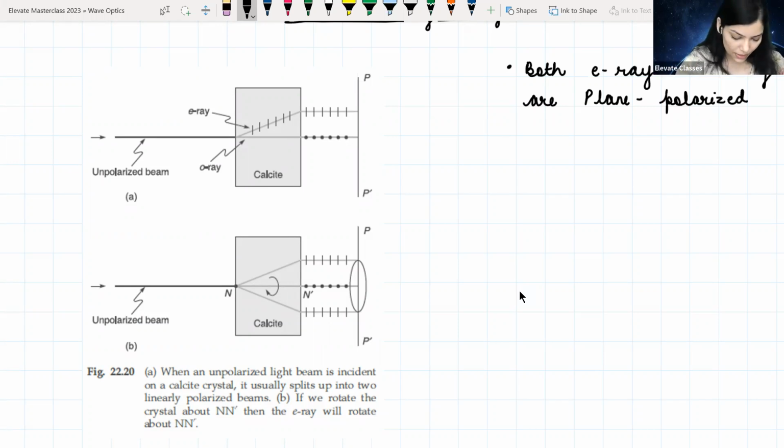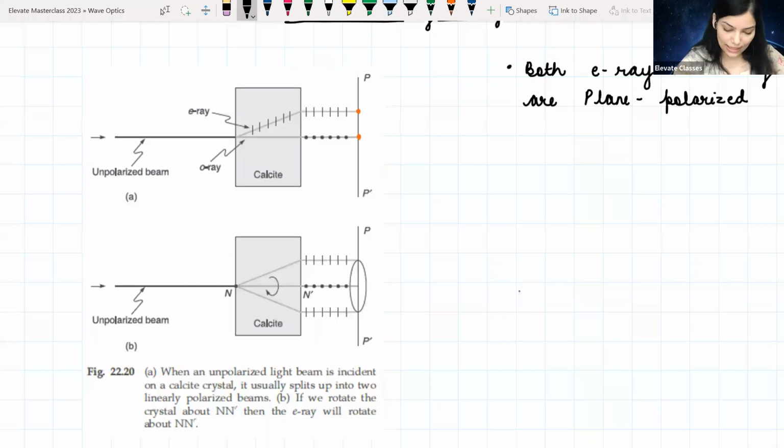Okay. So यहाँ पर what is being shown is that I have some unpolarized beam which is falling onto a calcite crystal, and it is now breaking into an extraordinary ray and into an ordinary ray. Okay. And corresponding to that, I will get two images. यहाँ पर I'll get an image and यहाँ पर I'll get an image. So one image is being formed by the extraordinary ray and the other image is being formed by the ordinary ray. But now the special part, like the special thing is that,